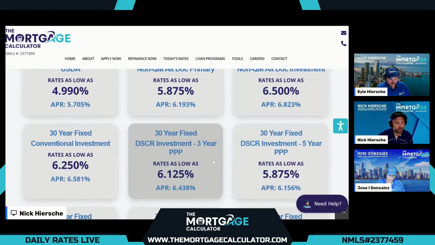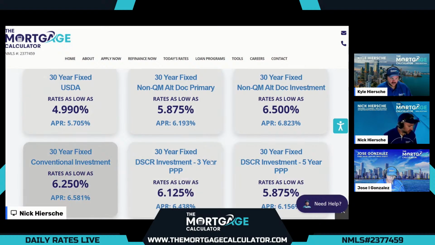6.23. And we'll compare that here to our other investment options. First up are conventional. Remember, there are no government options, so no USDA, FHA, or VA, but we do have conventional. Coming in today, 6.25, final APR 6.581. So beating non-QM alt doc, which is typical, but not quite beating our favorite options, our DSCR,